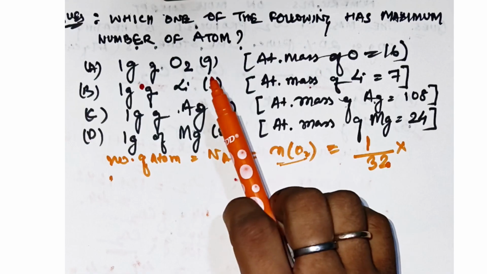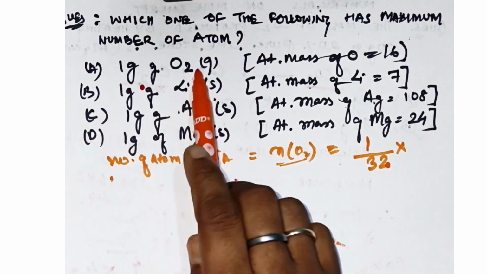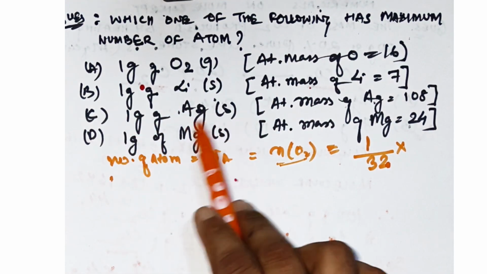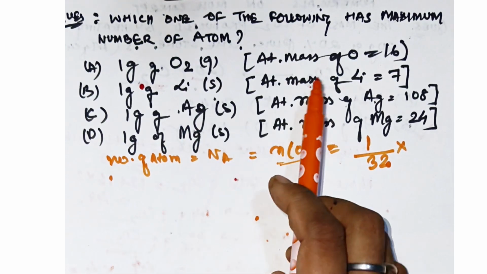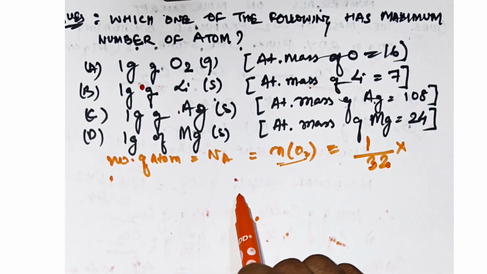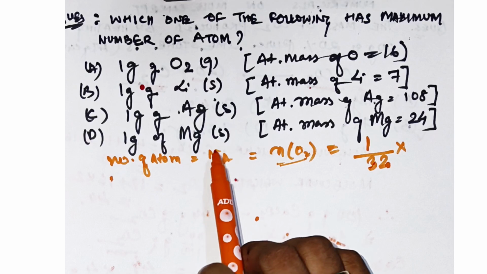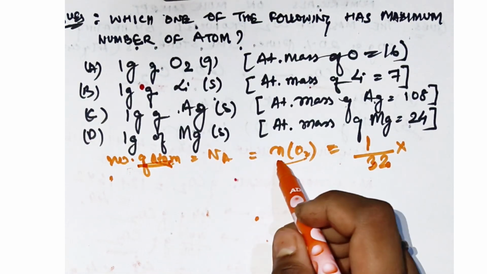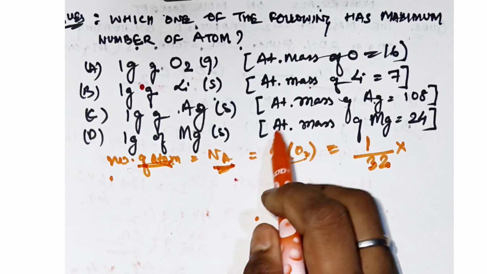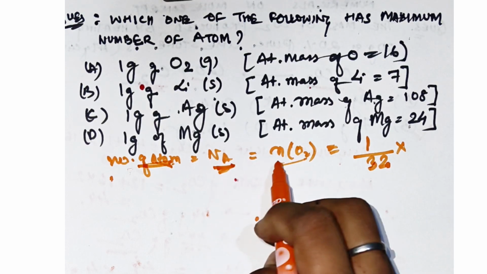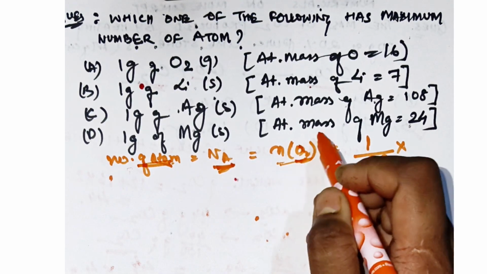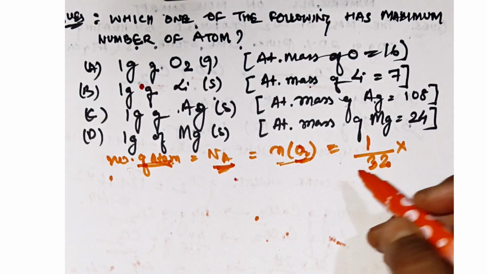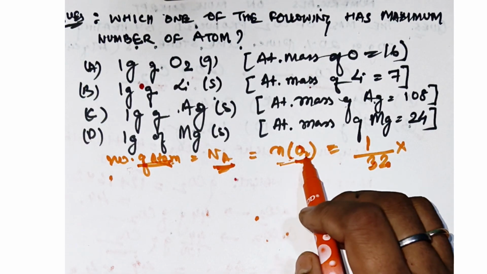Okay, which will have the maximum number of atoms? So 1 gram of oxygen is given, 1 gram of lithium, 1 gram of silver, and 1 gram of magnesium. Now atomic mass of different things is given to you. Now you have to find what will be the number of atoms. Number of atoms means it will have the Na, your Avogadro's number, but moles will also be counted. The more the moles, the more will be the number of atoms, because moles is equal to